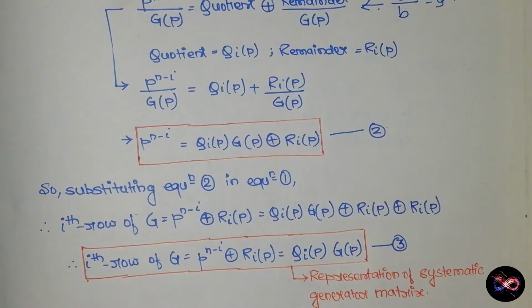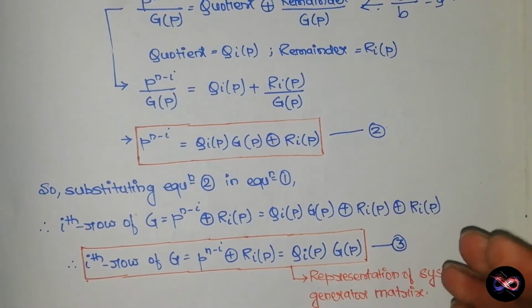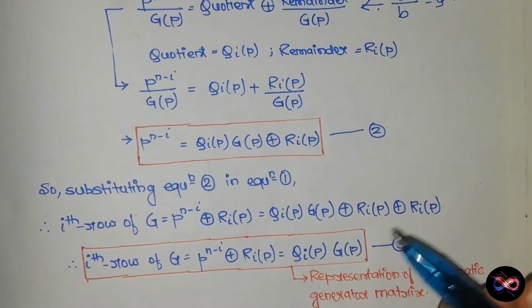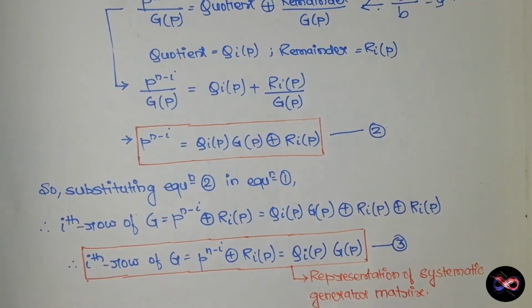So we need to memorize every step of this derivation. We will use different expressions or equations in different situations. So this was the whole idea about the systematic form derivation of the generator matrix. And once you find the generator matrix, you can easily find out the parity check matrix by transposing the parity matrix, and according to its dimension we will create the identity matrix of the same dimension. So I hope you didn't face any problem in understanding this concept. If you still have some doubts, we will clear them in the next upcoming example.